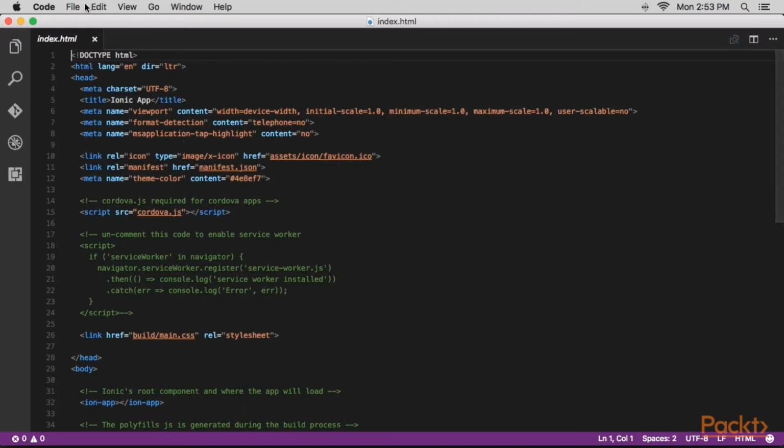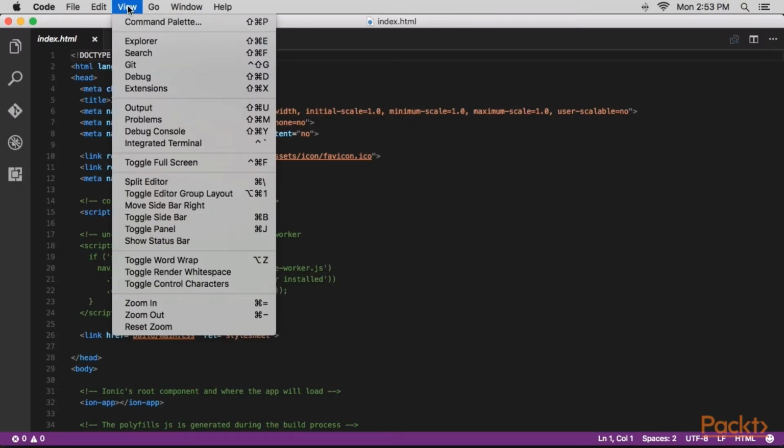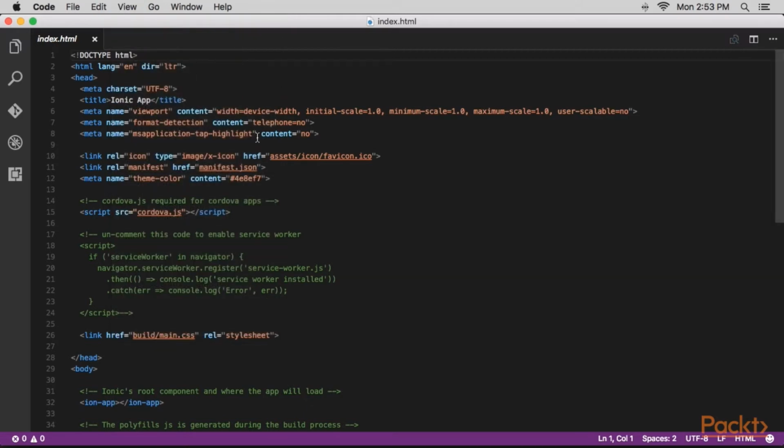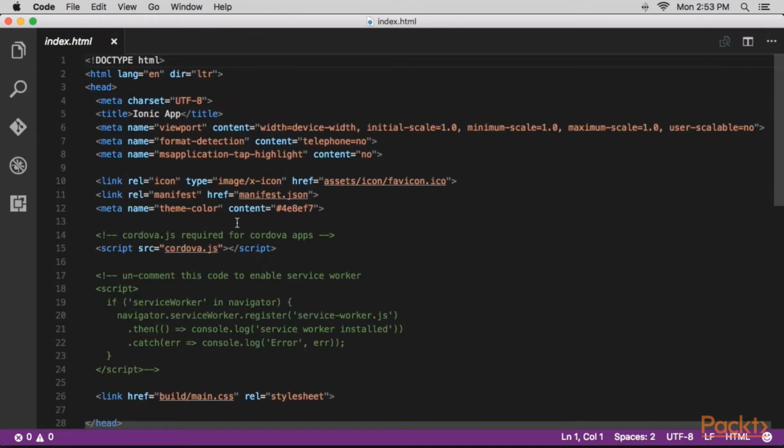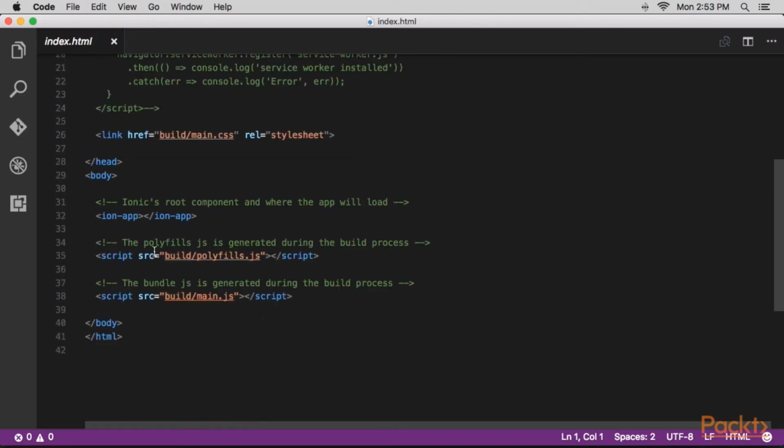By default, from the Ionic template, the AngularJS app name is called MyApp. You'll see something like this in app.js, which is the bootstrap file for the entire app. Here, this is the Ionic root component where the app will be loaded. This is acting as the root of your app, and all content will be injected inside the Ion syntax of